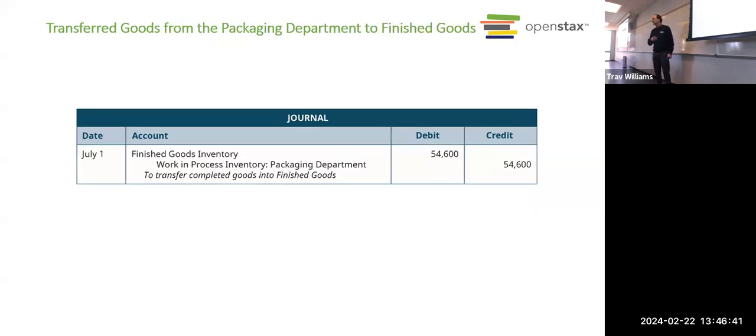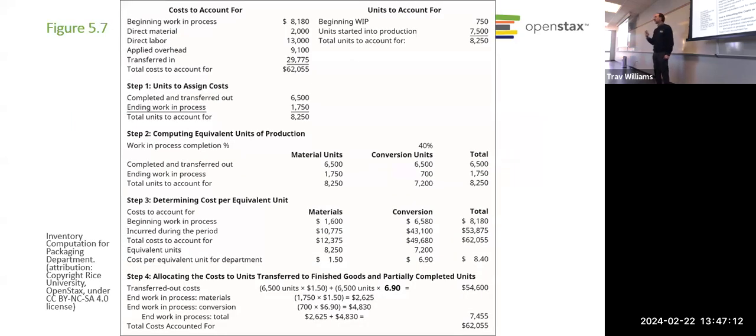Okay, then once those drumsticks are fully packaged, they're now finished goods, right? So it's coming out of work in process inventory into finished goods inventory. That's not the final step. What's the final step going to be? Sales, and for inventory purposes, revenue, what? Revenue. Cost of goods sold, yeah. Finally, the last stage is it gets transferred out of finished goods into cost of goods sold, and now it's an expense.